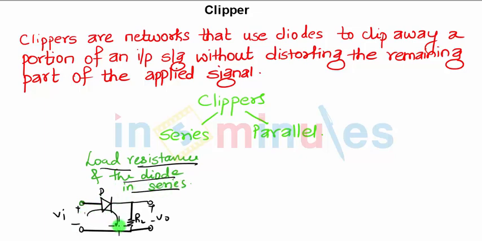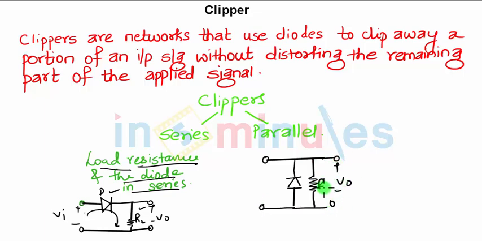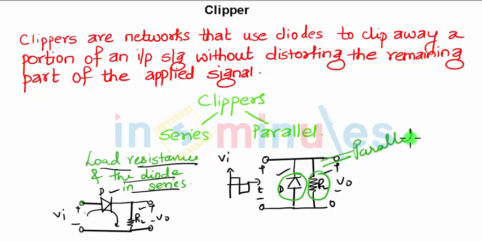You can see when you apply KVL, the load resistance and the diode are in series, whereas in parallel you have the diode in parallel with the load resistance. So the circuit in this case will look like you have a vertically connected diode, which can be in the opposite way also, reversed. Then you have the load resistance and the output voltage plus minus VO. This is the load resistance, the diode, and the AC supply, which can be a square wave, sine wave, or triangular wave as per the requirement. The diode and the resistance are in parallel, hence it is called a parallel clipper. So this is the basic difference between series and parallel clipper.